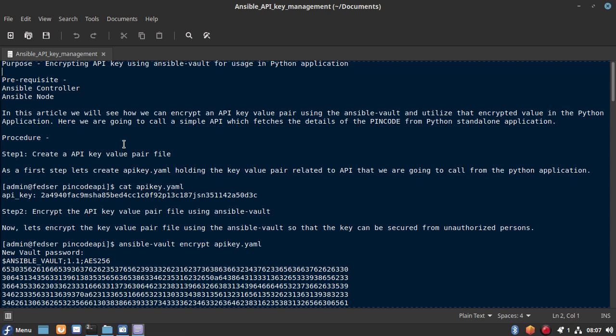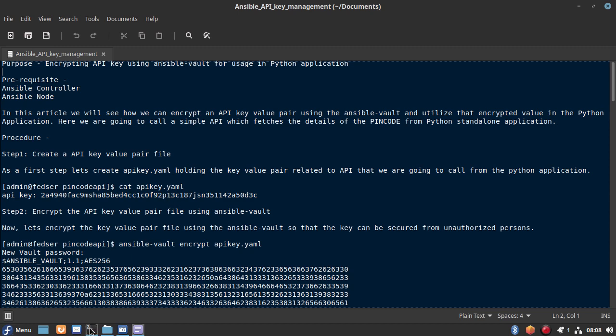So for that purpose, we need a way in which we can encrypt the data and utilize it in our code. For that, we are going to use Ansible Vault, which comes with the Ansible package, and we will be trying to encrypt that key.